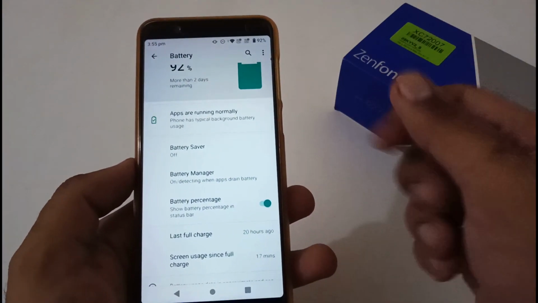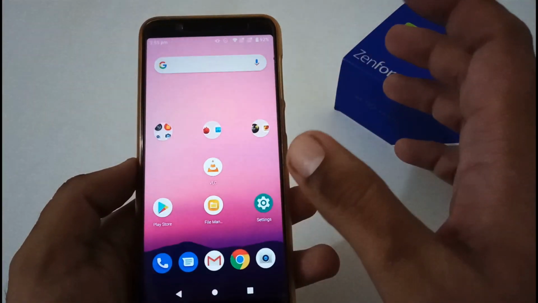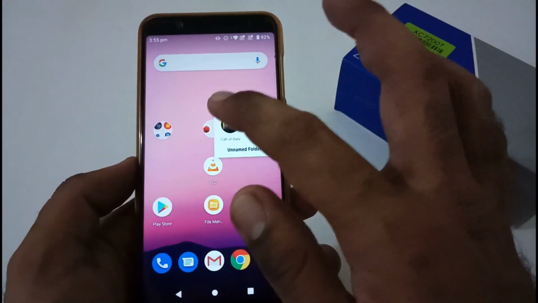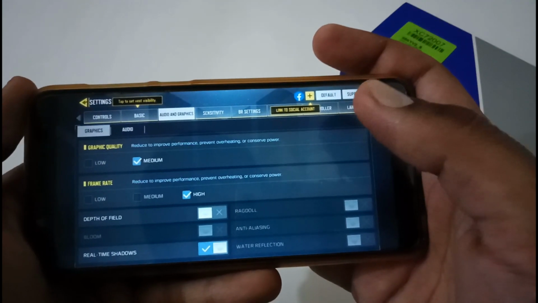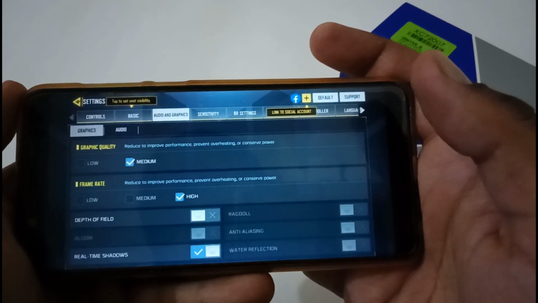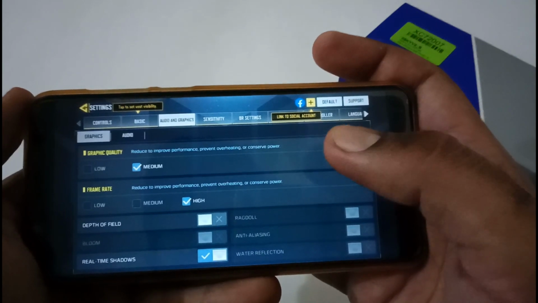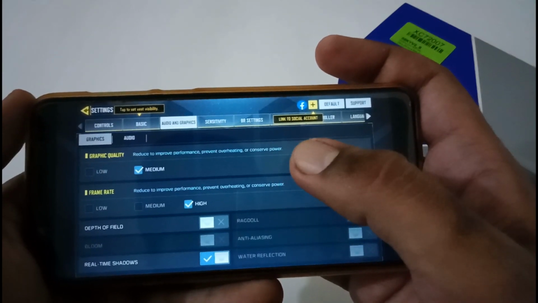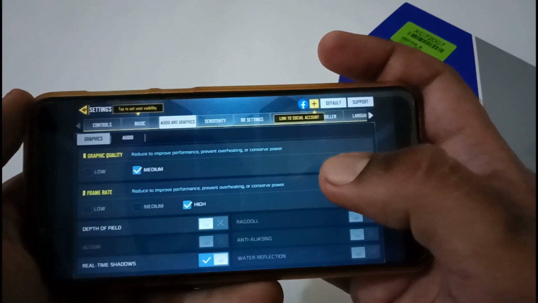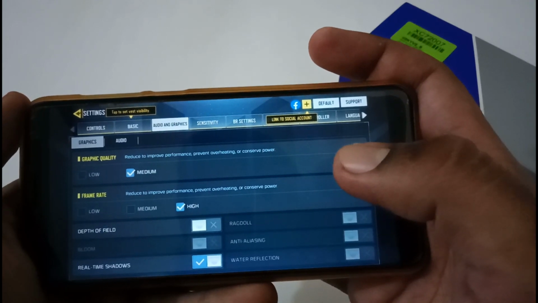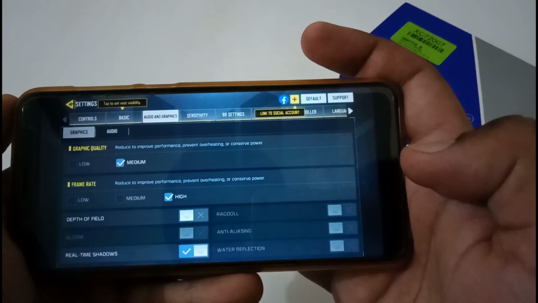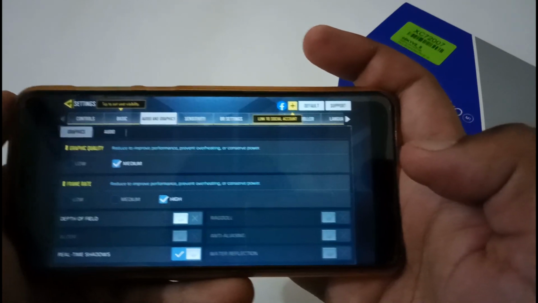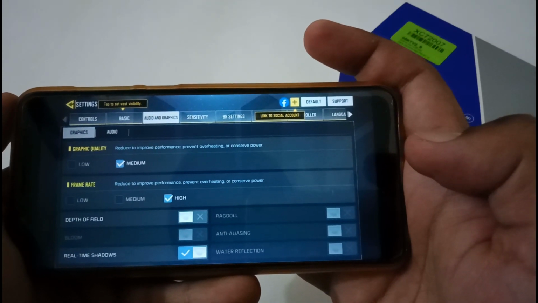Aside from this, now let's move on to the gaming part with respect to battery consumption. Firstly, I'll be using Call of Duty. For the gaming part, like I always do, I analyze on the basis of 1 hour of gameplay. For 1 hour of gameplay with this graphic quality and frame rate, the total battery consumption was nearly 15 to 16%, and I haven't seen any lag or any problem with the gameplay. If someone is facing any, then do comment in the comment section below.